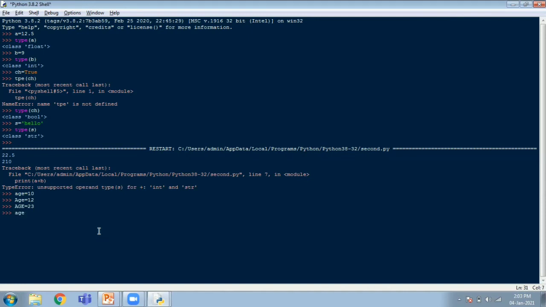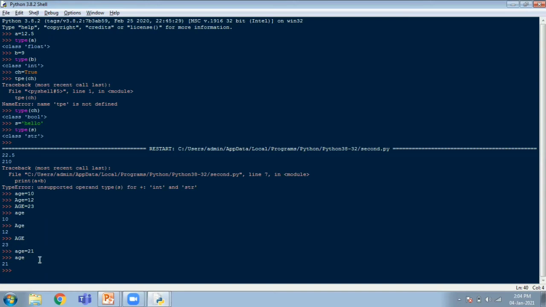Now let us try to print this age. See, you have the same value 10. Whereas in the previous code, I showed you when the same variable is assigned different values, the latest value gets assigned to it. Okay, the one which you assign latest will get assigned to it. Now these three are different variables. Right? All the values remain there. Whereas if I change this lowercase age as 21 instead of 10, now try to print it, you can see age variable is 21. It is not 10 anymore because the recent assignment gets assigned to it. Now age is equal to 21 is the valid recent assignment. So age variable has the value changed to 21.